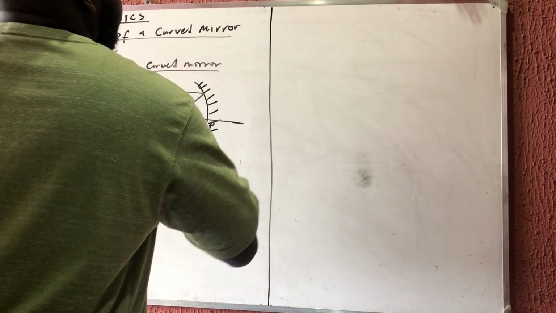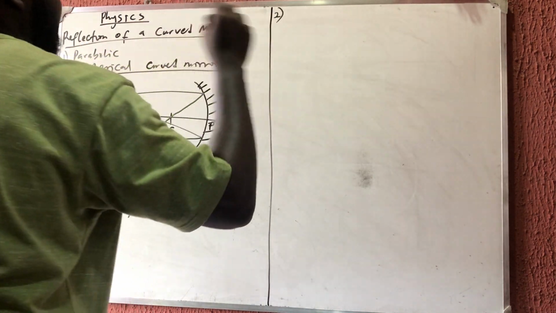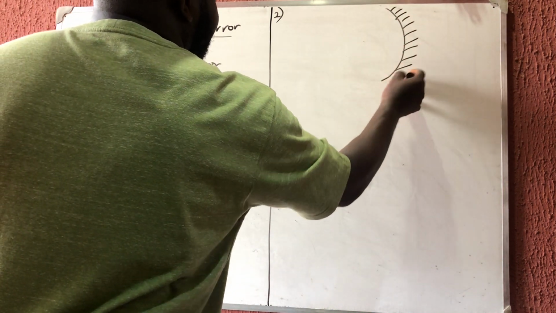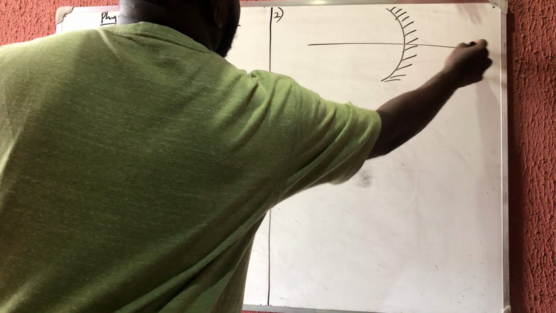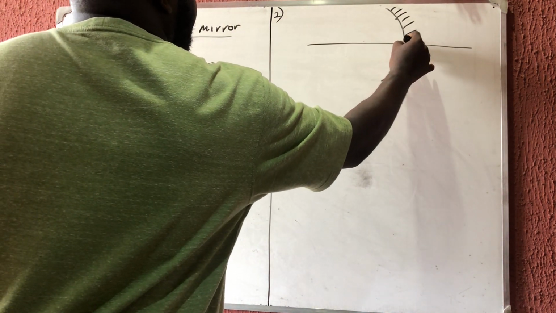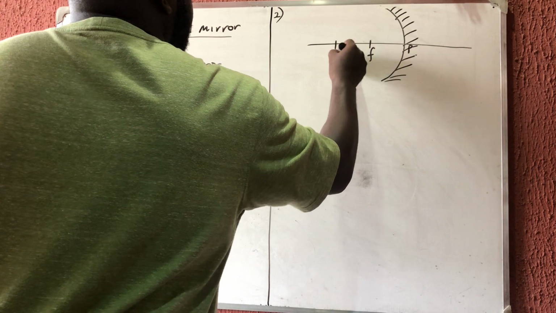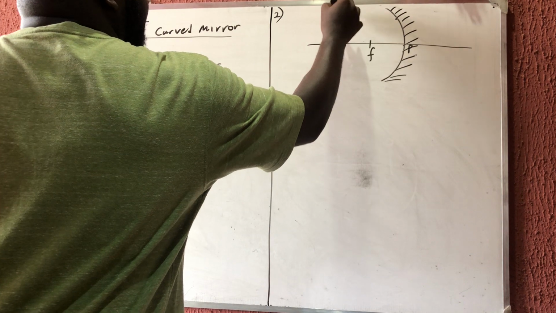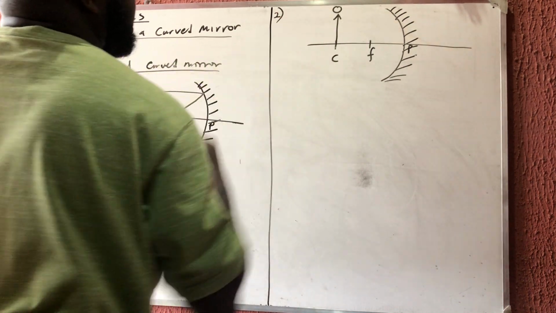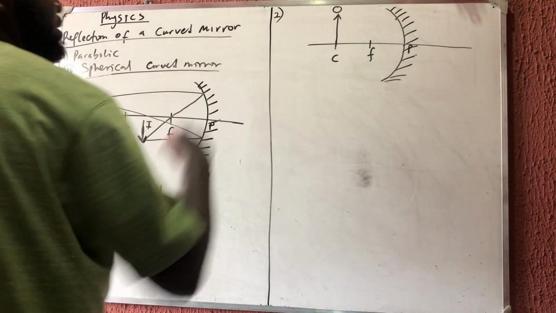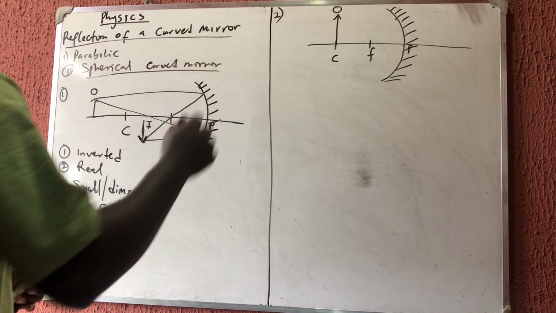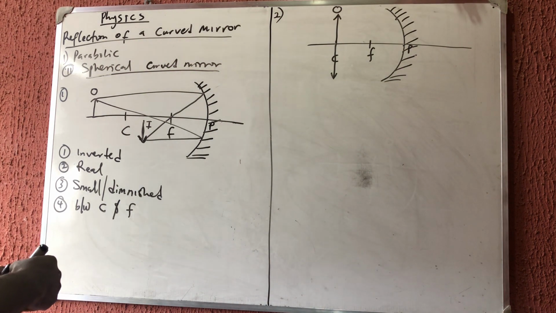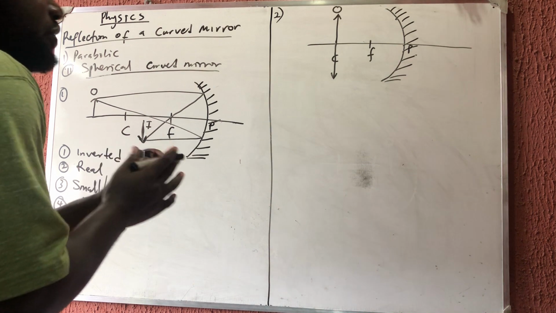Then number 2, let's go closer, a little bit closer. Number 2, if I have something like this, I don't really know how to draw, but I'll just teach you to remember them. You can find the drawing yourself. Now I have that this is my P, your pole, this is your F, and this is your C. Now I want to go a little bit closer. If you go closer now and place it here, this is where the object is. Our object is now on the C itself. If it is now on the C itself, the image is going to form on the same C again. Okay, it's going to be formed on the same C, and this time around it does not reduce in size,